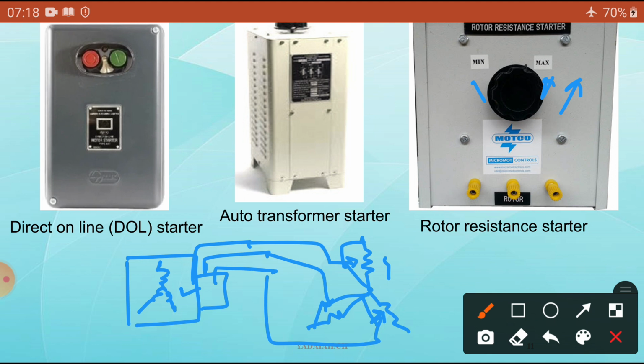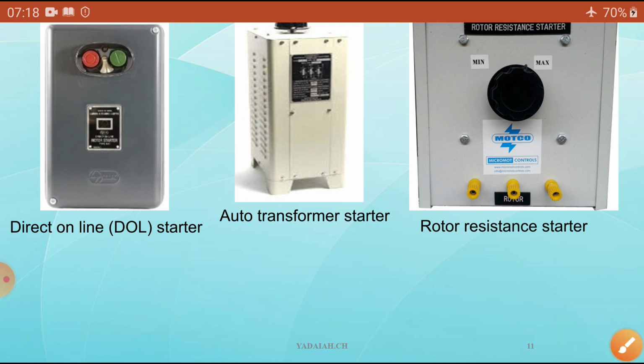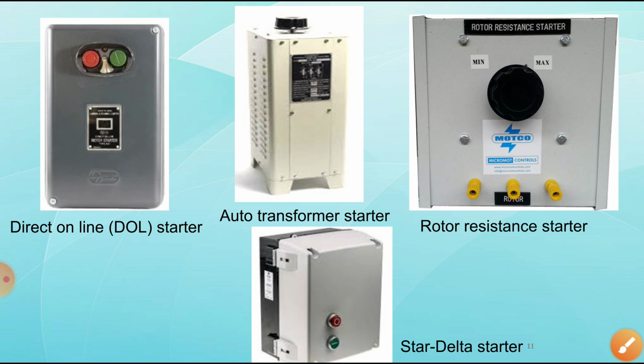And coming to another starter, the star delta starter. This is the one, the star delta starter generally. So these 4 starters are used in our AC motors, whereas in the DC motors we are going to use only the D-valve starter, the 3-point starter and 4-point starter. But in this case we can use these 3 varieties of starters.